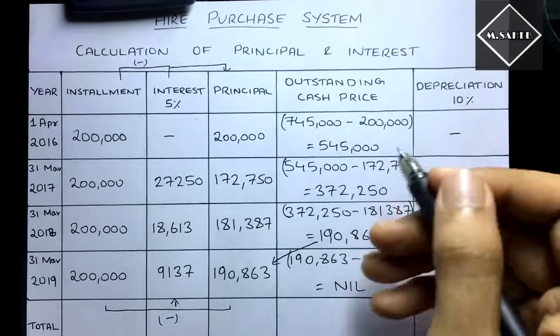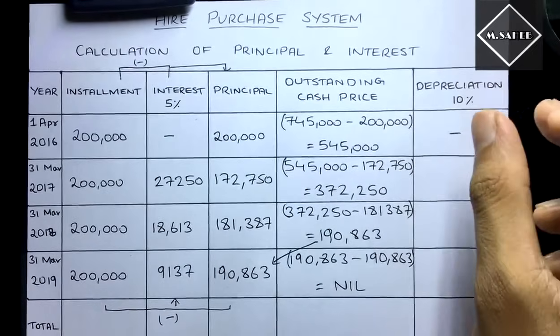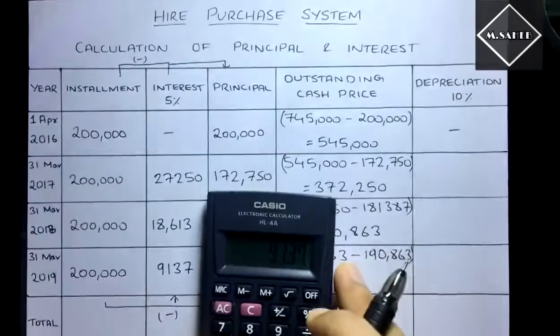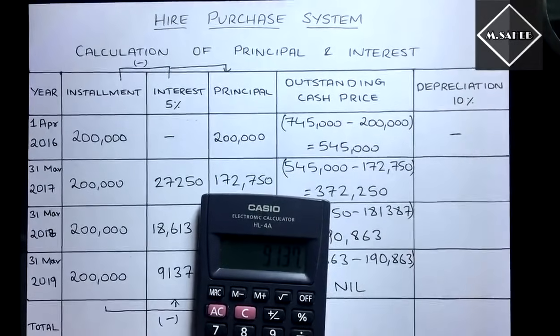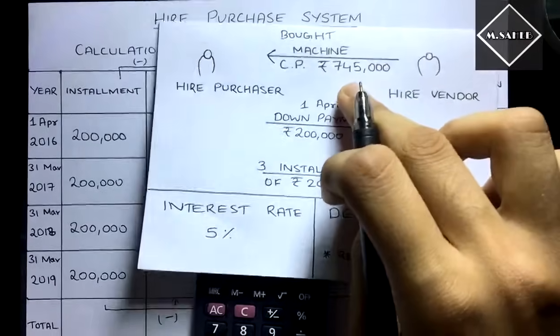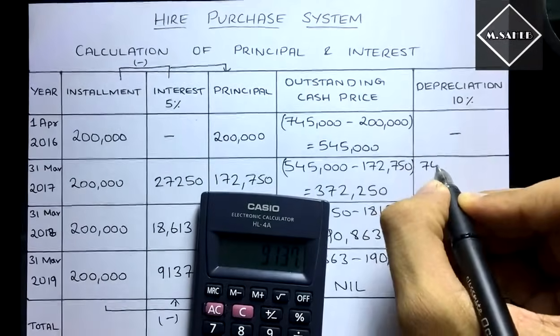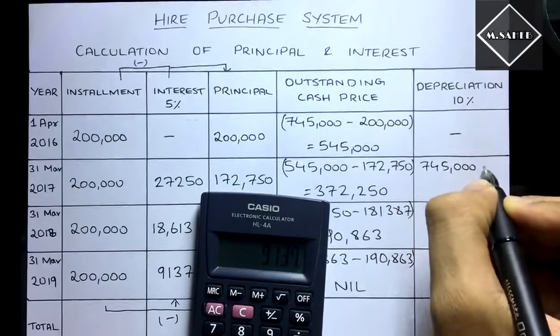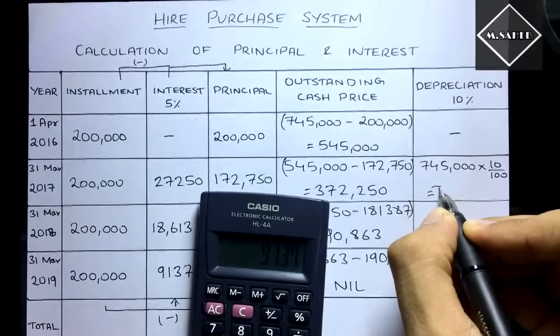We will do that. See, depreciation is always calculated upon the cost of the asset. And what is the cost of the asset over here? The cash price of the asset is 7,45,000. He bought the machine for 7,45,000. On this amount you have to calculate the depreciation at 10%, right? So it will be equal to